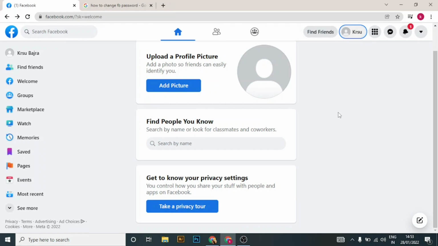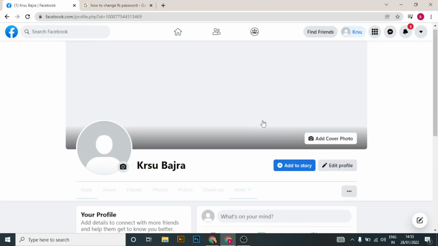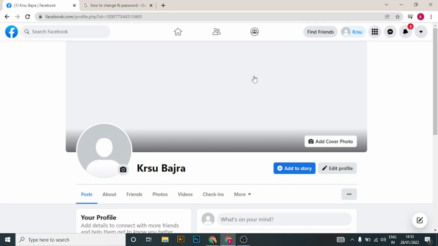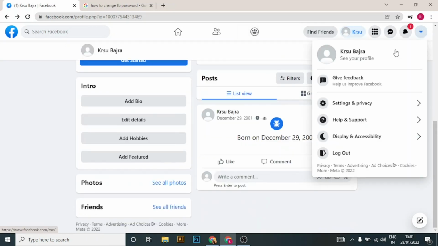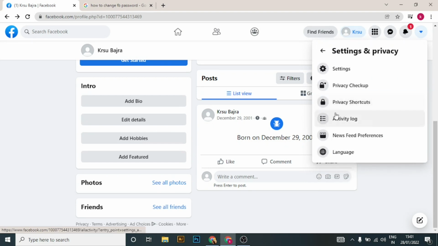To change your Facebook password, you have to be logged in to your Facebook account first. Then, on the top right corner of the page, you can see the arrow button facing downward. Click the arrow button and go to Settings and Privacy. Go to Settings,